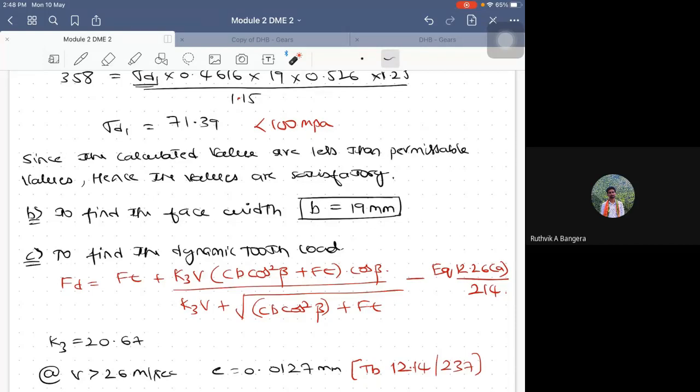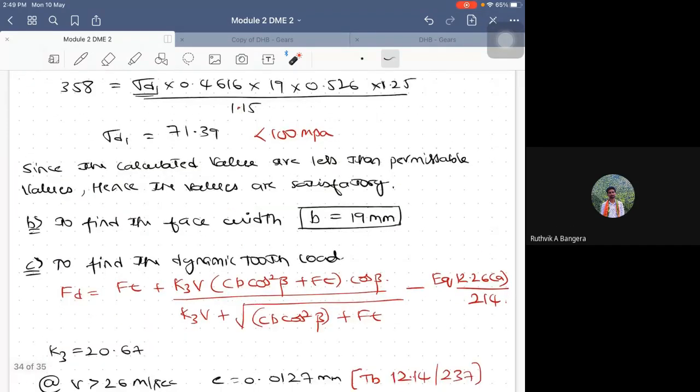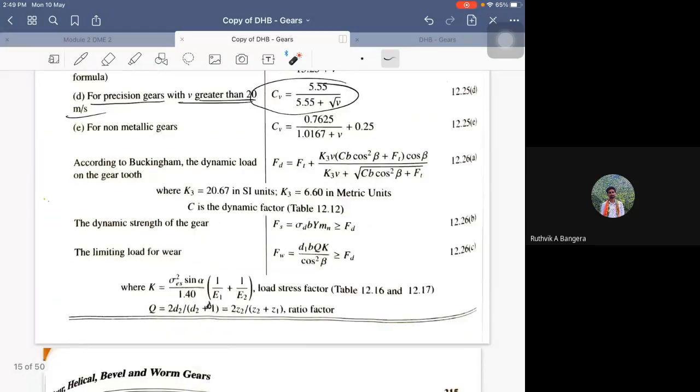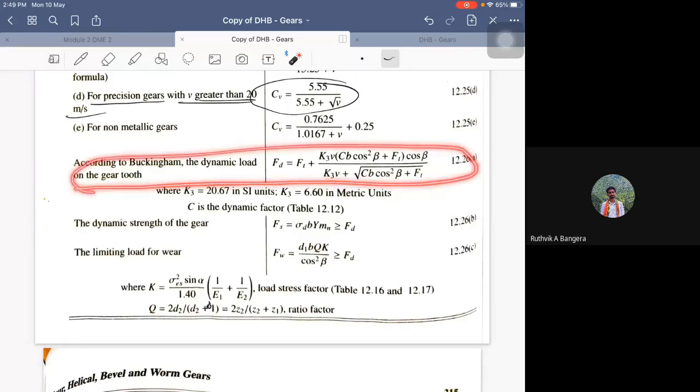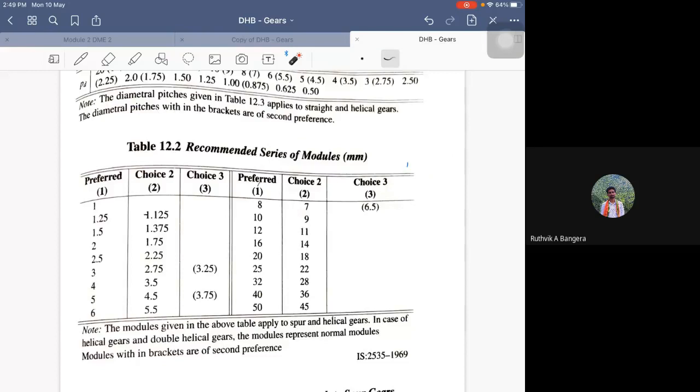FT you've already calculated, I guess. Right? FT you've already calculated. K3 you have in the data handbook itself, it will be mentioned there. Here it is. According to Buckingham, the dynamic load on this one is given as so and so. So K3 is already given. Okay, always take it in SI units, 20.67, which we used to follow in the previous problems also. Same thing. C, again, the dynamic load factor, same